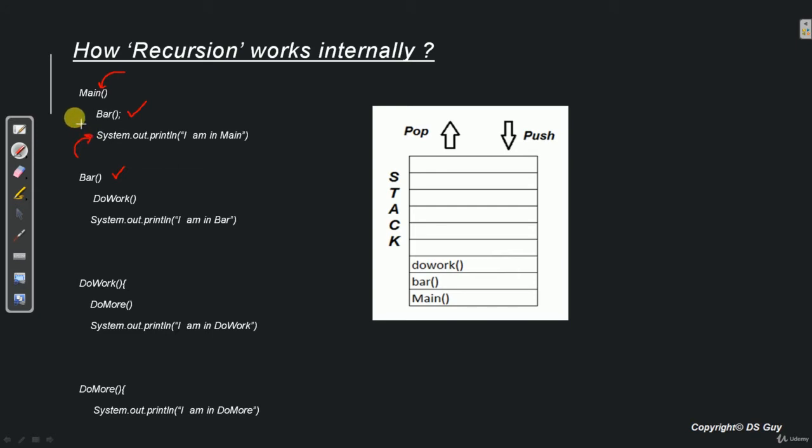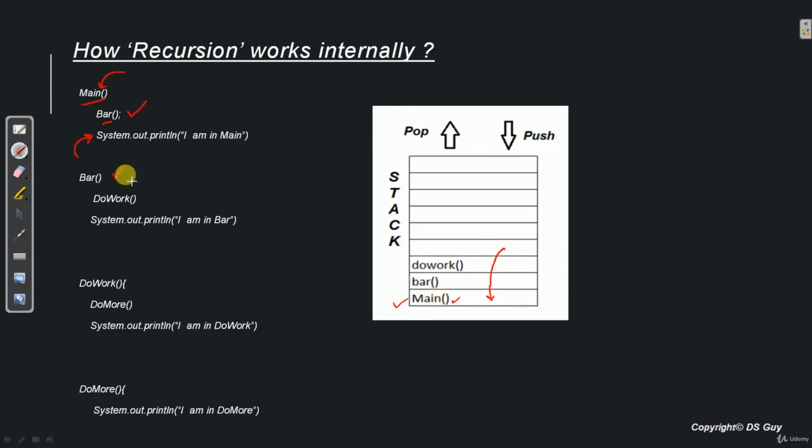So what system will do is it will store this main method somewhere so that it remembers that it needs to come back to main method once bar method execution is done. So what it will do is it will push main method in stack memory. So main method goes here. Now this way system remembers that it needs to come back to main method.